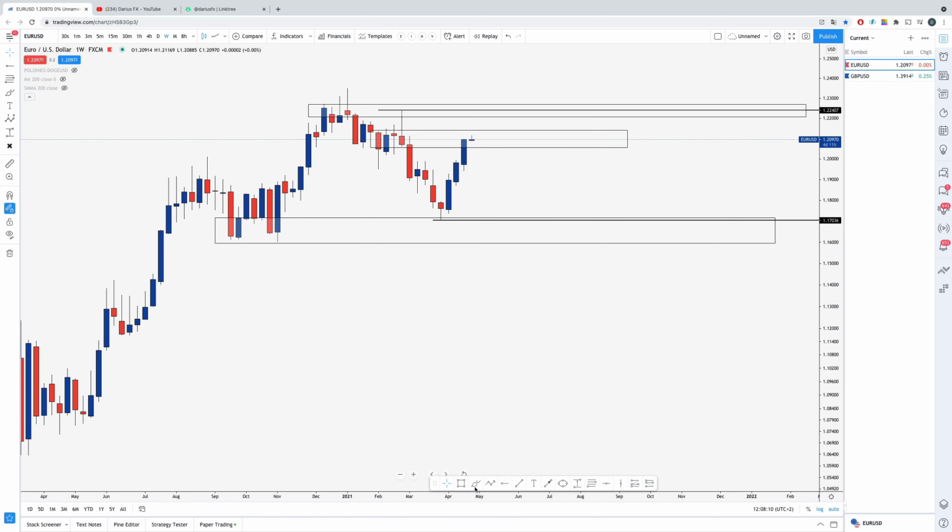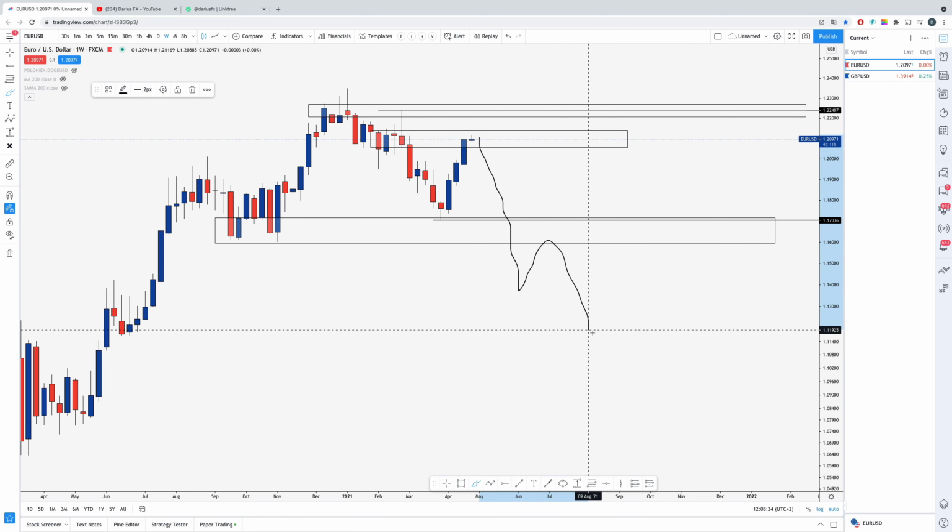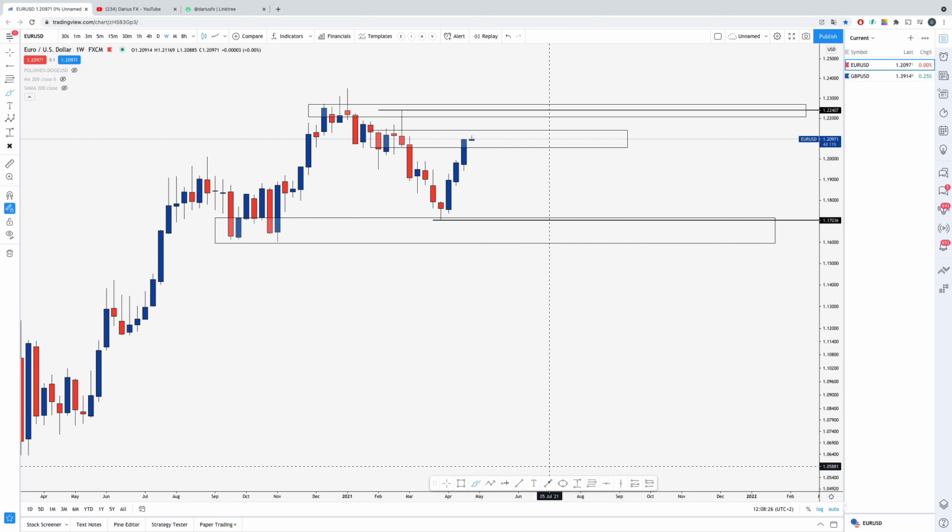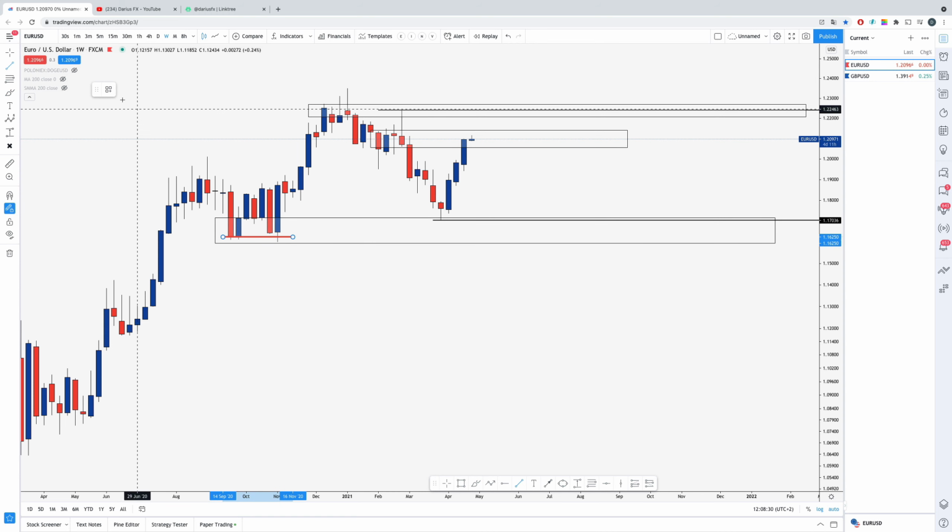But what I do expect is if EURUSD is going to set up for the bullish scenario, then I would expect the market to come all the way to the downside till this level before rejecting it afterwards to the upside. From my point of view, more than likely we're going to break through the structure. Why? Because we got here a pretty nice level of liquidity. It's a double low over here, a double bottom,